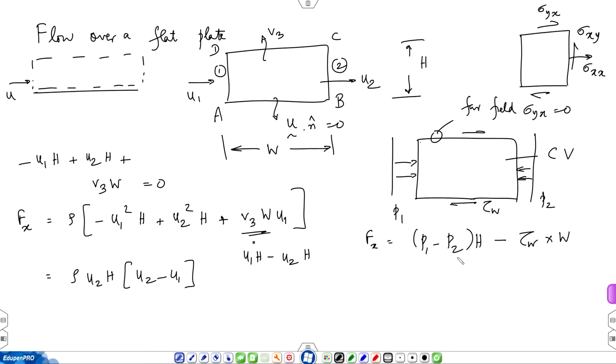Now, you can't simplify it further, but suppose you estimate P 1 and P 2 to be equal. Let us say you have done some experiments and you find that P 1 and P 2 are nearly equal, because the surface is not distorting the flow very much. Based on the momentum equation, you can only come up to this point, but with additional knowledge and an estimate, which are called modeling steps, you use your prior knowledge of the subject and extract more information from the result you have obtained. So, if P 1 is equal to P 2,